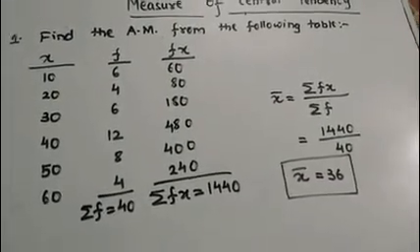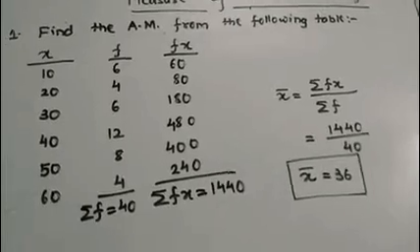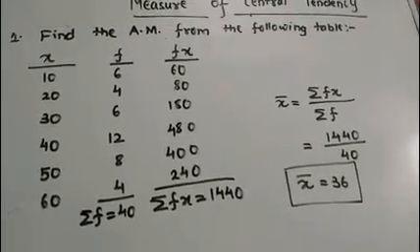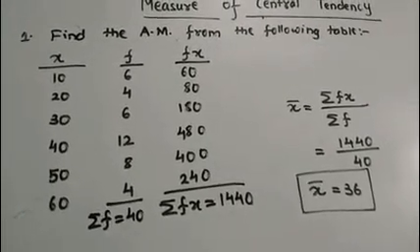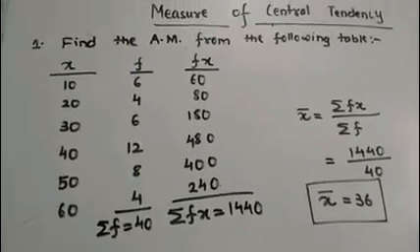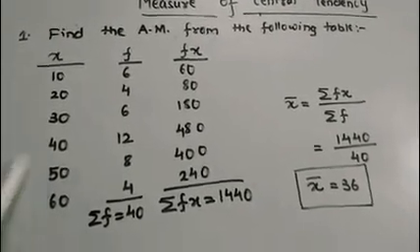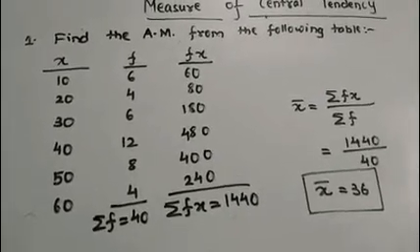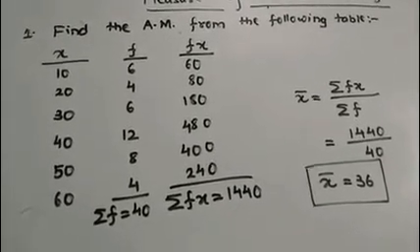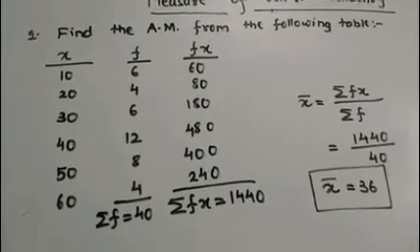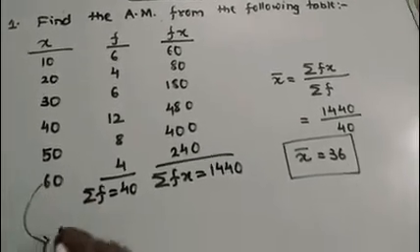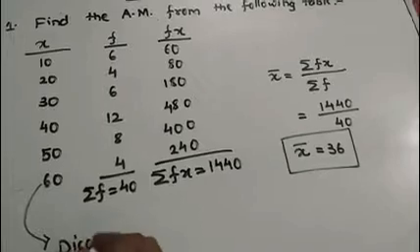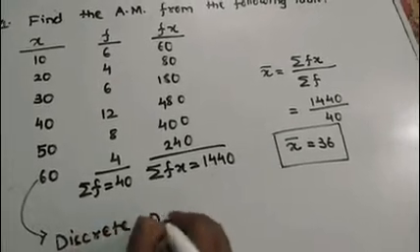Very simple. Just according to the formula we have to construct the table. This is all about the statistics. Now next, here we can notice that the data is simple. This type of data, where only the x value is given in integer form, is called discrete data.